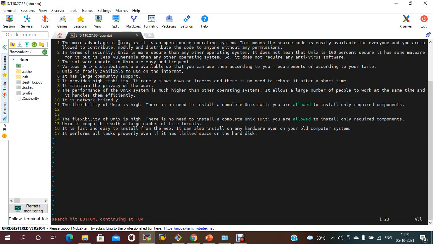There are many options like insert mode and command mode, and we have seen how to copy. We have also seen how to delete a complete word. If I want to delete a character, the command is x, and the character will be deleted.